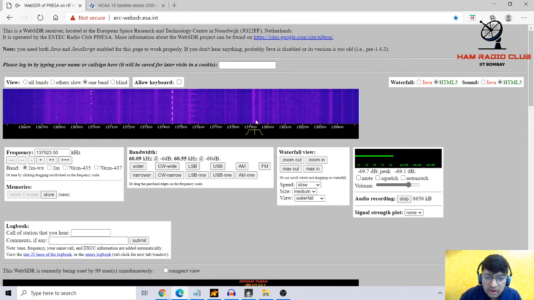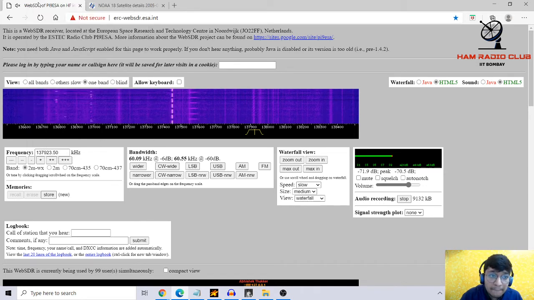So we'll wait for a bit more before we stop the recording and download it. Let me go through the features again. You have to set the frequency, you have to set the bandwidth to FM, change the bandwidth bars to full, and you don't have to change anything else, no changing volume, nothing. And you can adjust this later after you see the signal arriving. You can move the central frequency to where the signal is arriving. As you can see, this is again fainter and fainter. This is almost going to end now.